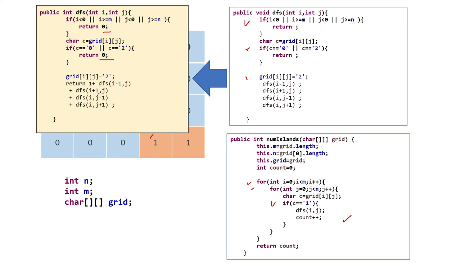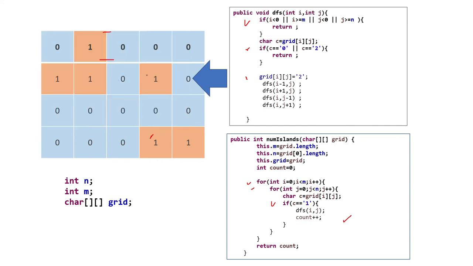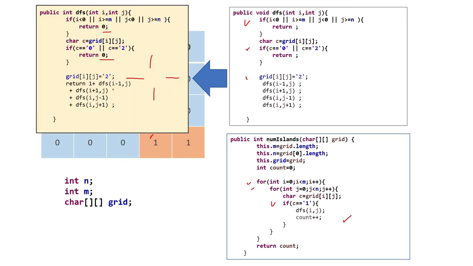That means here, if you check this particular case, suppose this is 1. From here we can go in 4 directions, right? So if we do 1 plus the result of the other DFS calls, what will happen in that case? All these 4 will return 0 and then plus 1, so it will return 1, right? That is the same thing we are trying to do here.